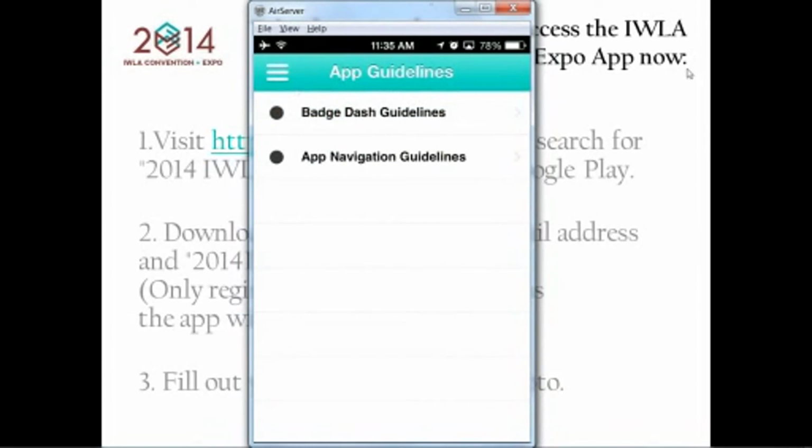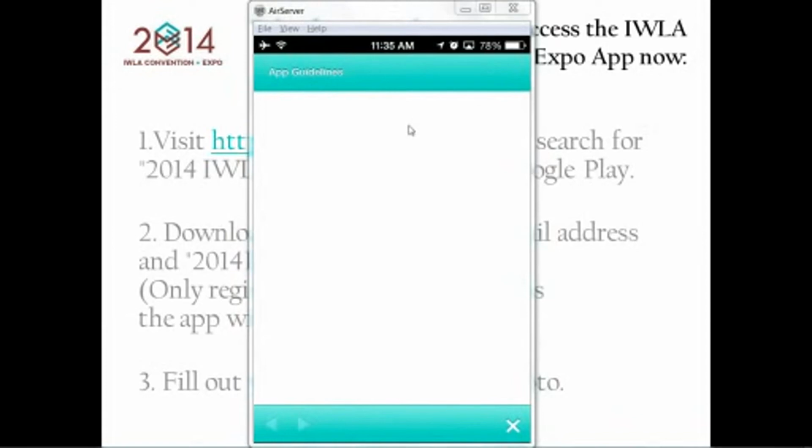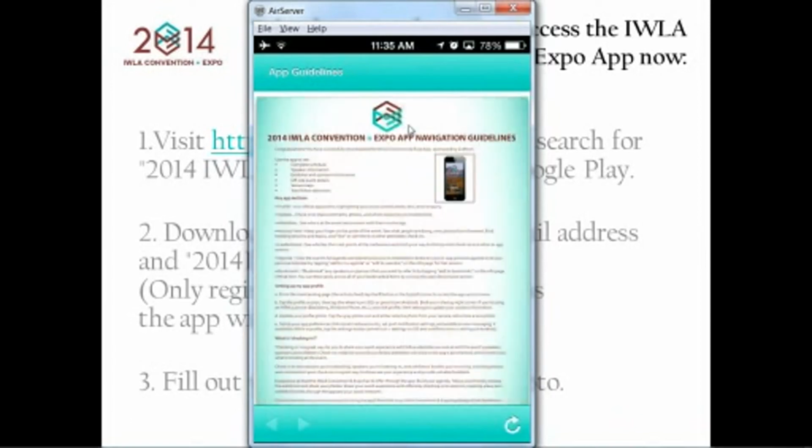And then the other thing that you can access here is the app navigation guidelines. Again, similar to what we're going through now, but if you're uploading for the first time, this is a good 101 navigation breakdown for you. And there it goes. Okay. Right, so you can read through that. Let's move on to